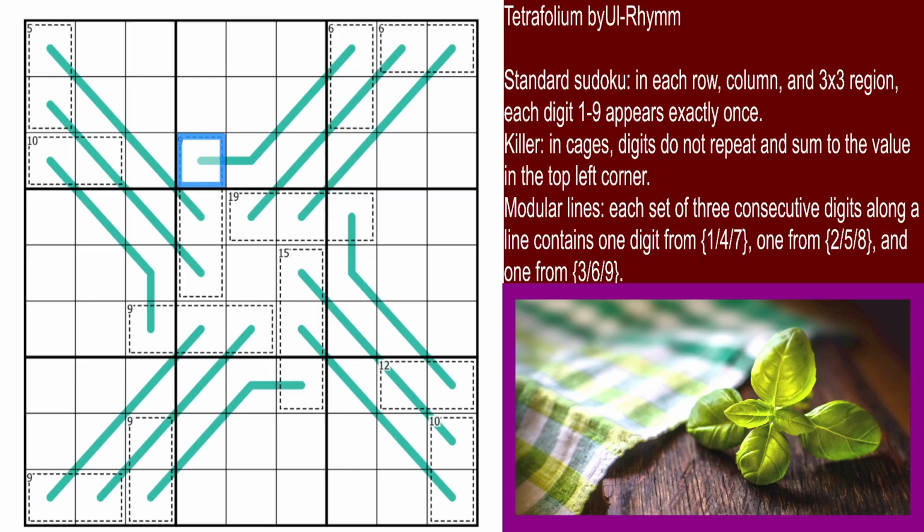Modular lines: each set of 3 consecutive digits along a line contains one digit from 147, one from 258, and one from 369. What they are saying is that we should divide all these digits 1 to 9 into 3 groups: one group containing 147, one group containing 258, and one group containing 369. Let's take an example of this line, where one of the digits from any one of these groups, let's say from 258, is 5,